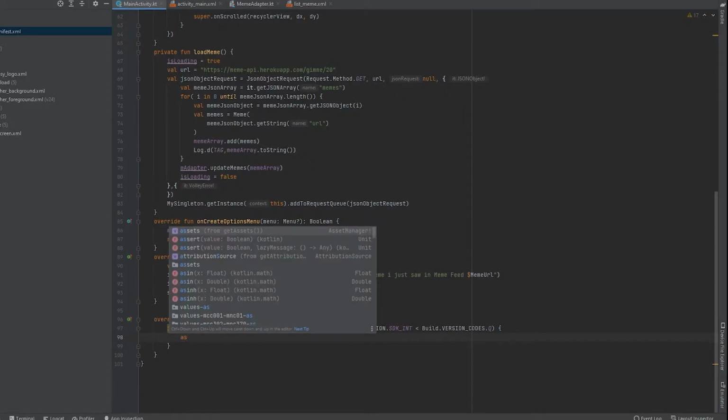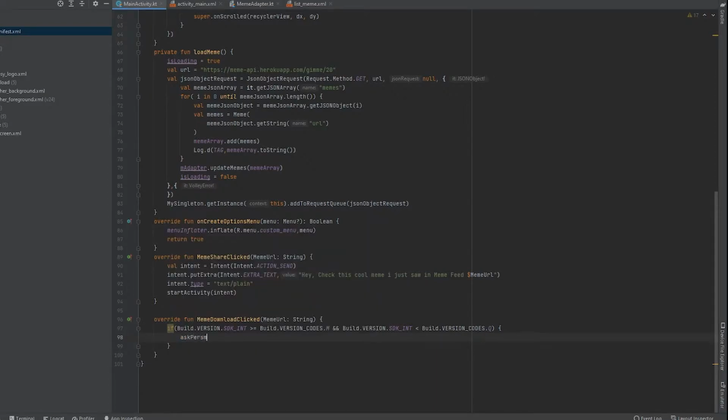So we will call askPermission and pass the meme URL, and else we will call downloadImage, and pass the meme URL as well.